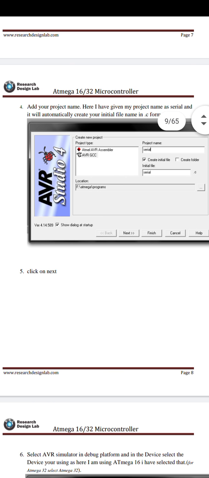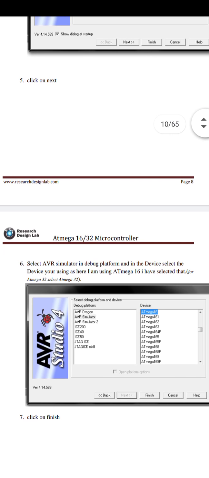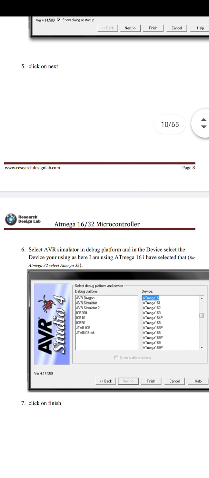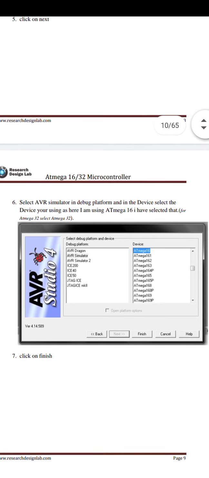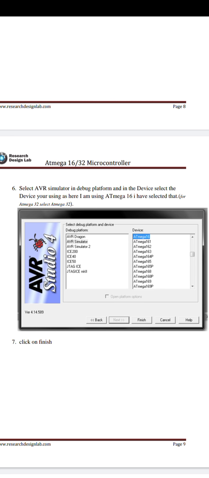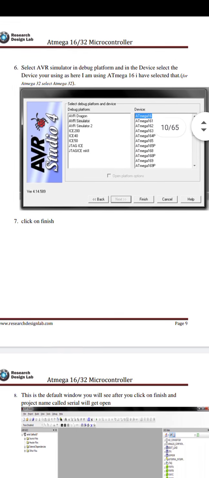Then click on next button. Then select the AVR simulator, debug platform and device. We select the device using the ATmega16. Then click on finish button.